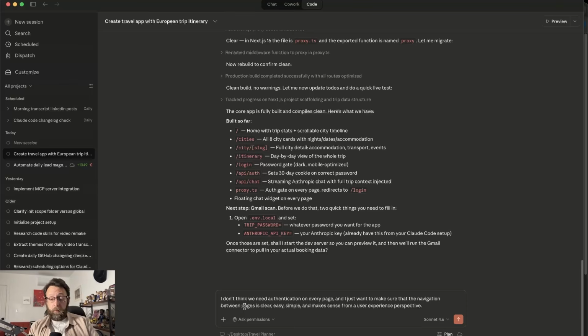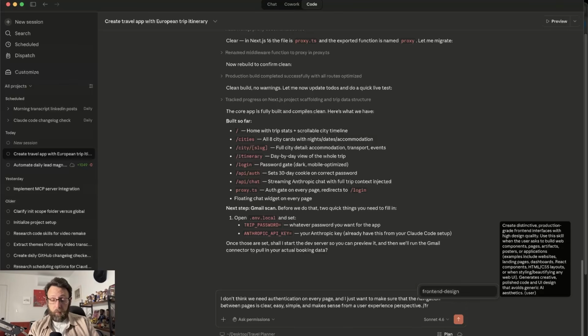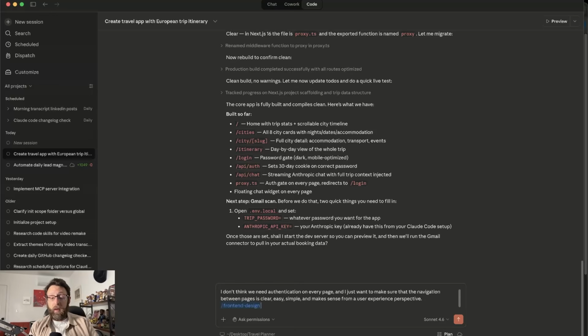One other thing that I forgot that we could do is I can type / and go to the front end design skill. This is a skill built by Anthropic, and skills are basically a set of custom instructions that follow a very predictable format so that they can be used over and over again to get predictable results. So the front end design skill is going to be used to design beautiful web pages for us. So I'm just going to literally type / front end design and just say, use this skill to make sure